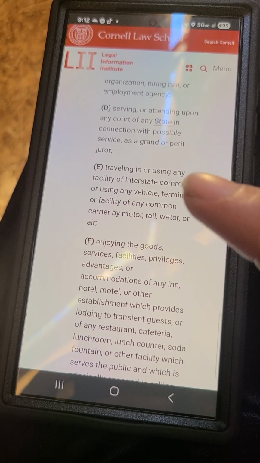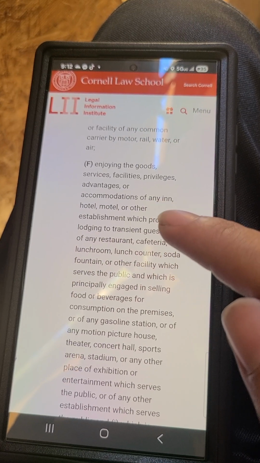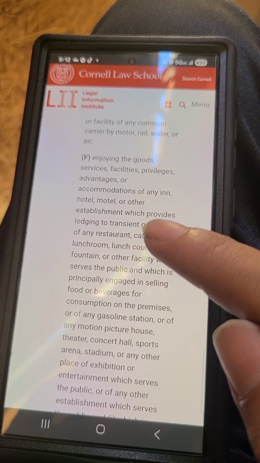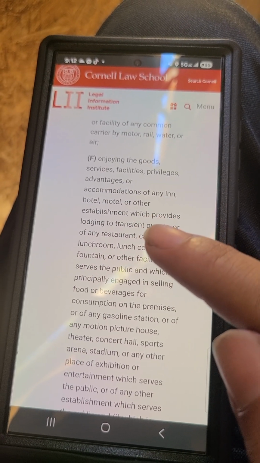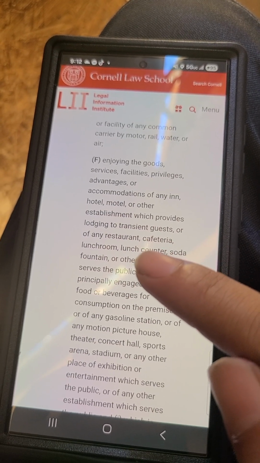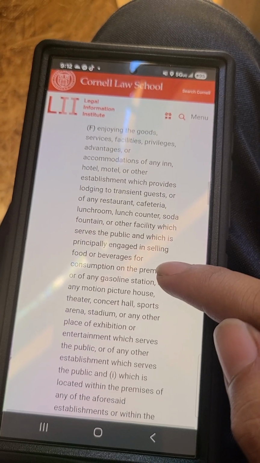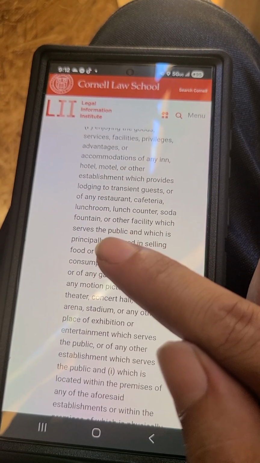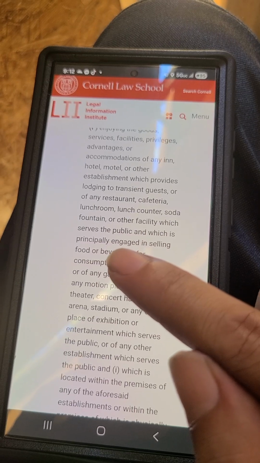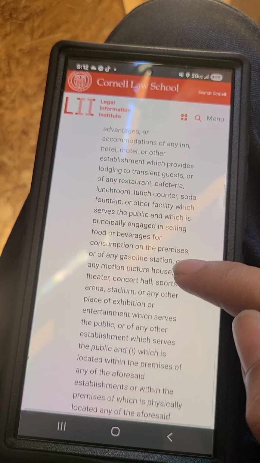But again, you have the right to travel. It can't be denied. F, enjoying the goods, services, facilities, privileges, advantages, or accommodations of any inn, hotel, motel, or other establishment which provides lodging or transient guests, or any restaurant, cafeteria, lunchroom, lunch counter, soda fountain, or any other facility which serves the public and which is principally engaged in selling food or beverages for consumption on the premises,